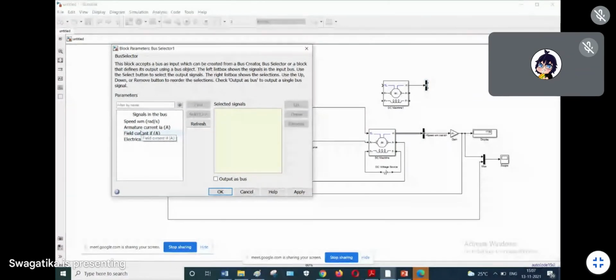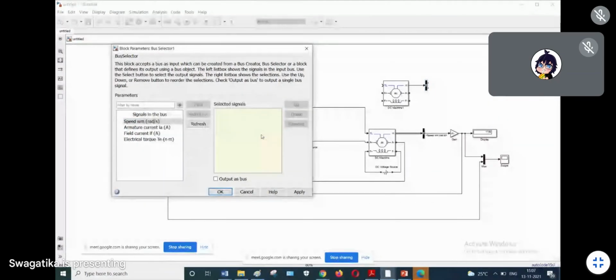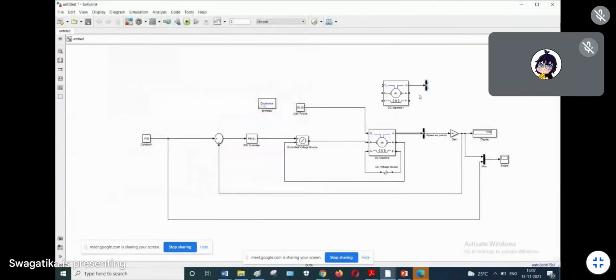Alright, so you have to select which one? Speed. You have to select your speed, then